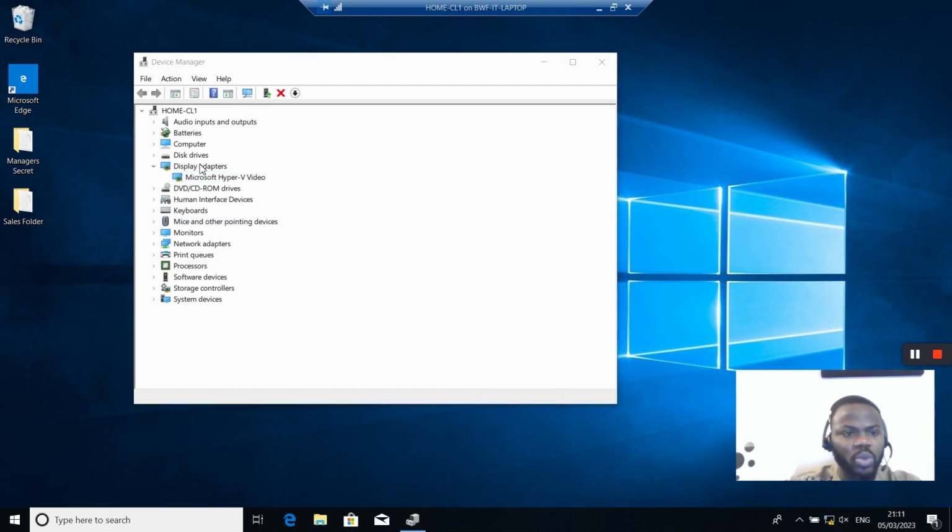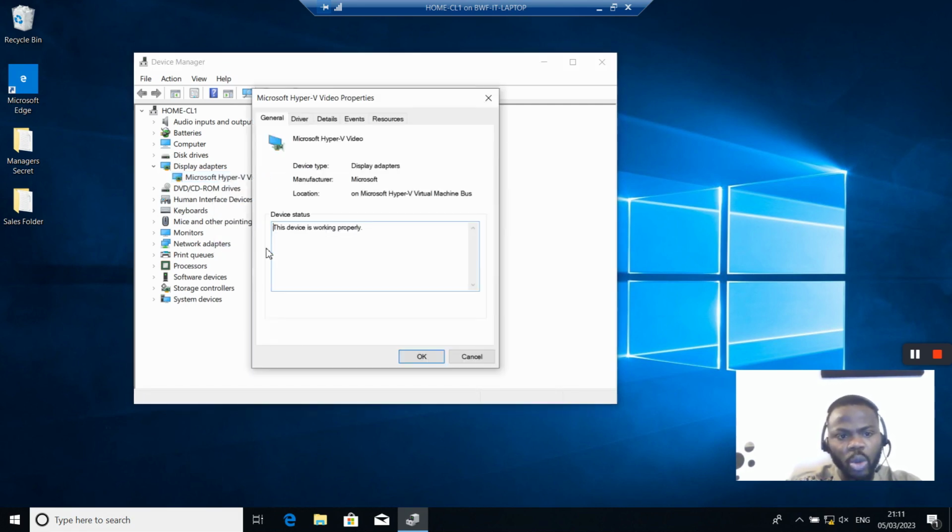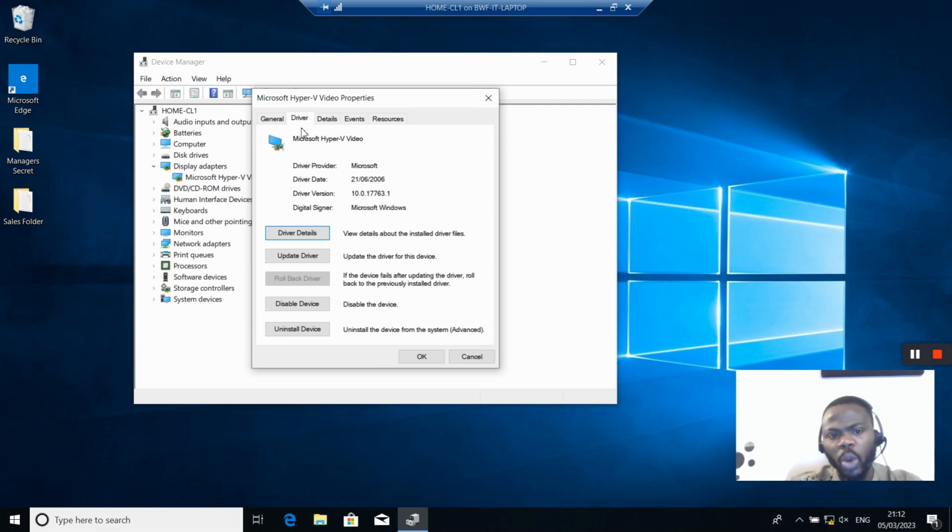So all you have to do is right click, see if you need an update, and you can always check. Sometimes you need to go to the properties. So go to properties, and it's going to tell you that this device is working properly. Sometimes for some reason you might install an update. Your device is working. Your mouse, your keyboard, they are working well, but